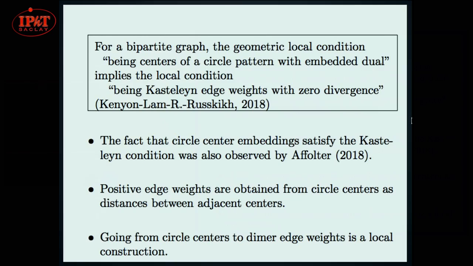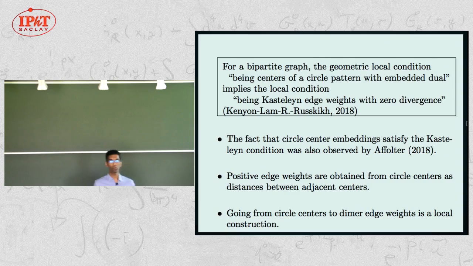So this is somehow, if you want to remember something from this talk, what you should remember. It's not really a theorem, but more of a guiding principle, which explains the correspondence between circle centers and diagonal edge weights. Whenever you have a bipartite graph, the geometric local condition that I described in part 2, being centers of a circle pattern with embedded dual, implies the local condition which I described in part 1, being Castellane edge weights with additionally 0 divergence. So this is something we discovered with Kenyon, Wayne Lamb, and Marianna and Russkikh last year. And the fact that circle center embeddings satisfy the Castellane condition was also observed independently and around the same time